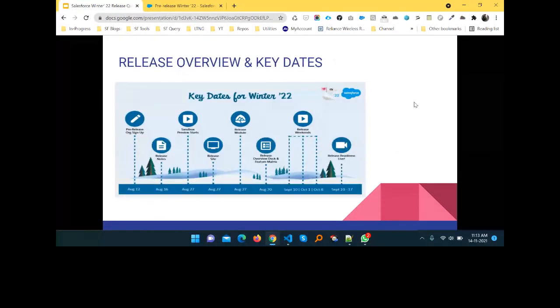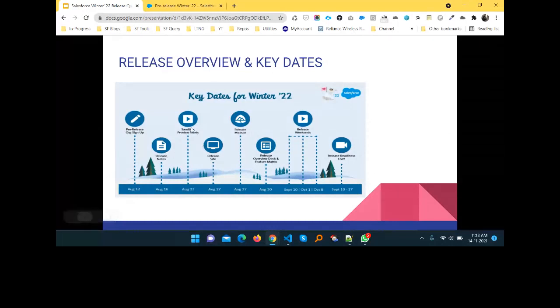View and keynotes. Okay, so here you can see August 12 to August 30, we have some limitations, or we can say a few things under Winter 22, like the pre-release org sign up. I already shared this one, here you can see, right? And after that you can read the release notes from the Salesforce side as well.